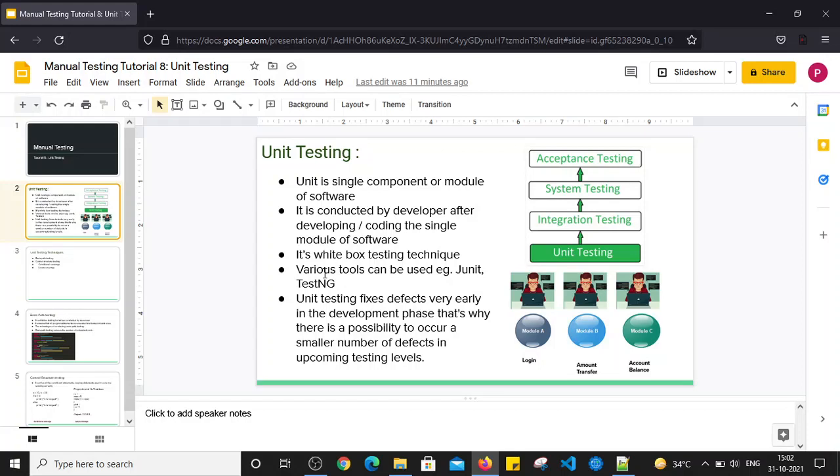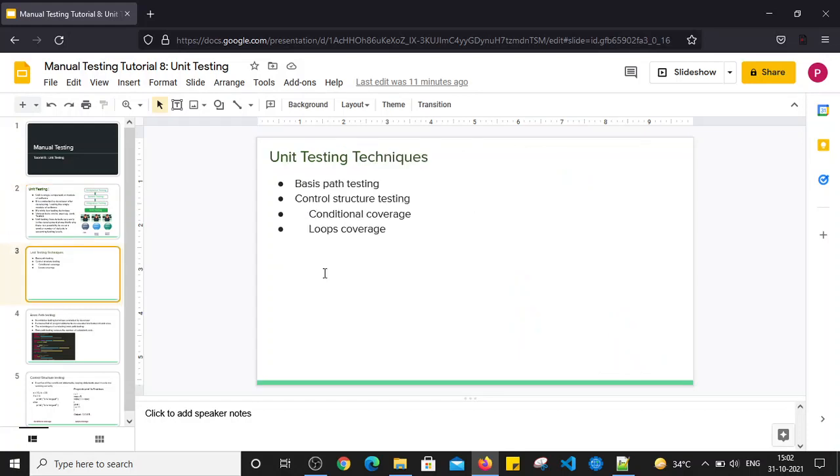And there are different types of testing techniques for unit testing also. Even as a tester, it's okay if you don't understand that much, but just understand on a high level, because during the interview process, the interviewer might ask you about unit testing techniques. But from a tester's perspective, normally unit testing is conducted by developers only.